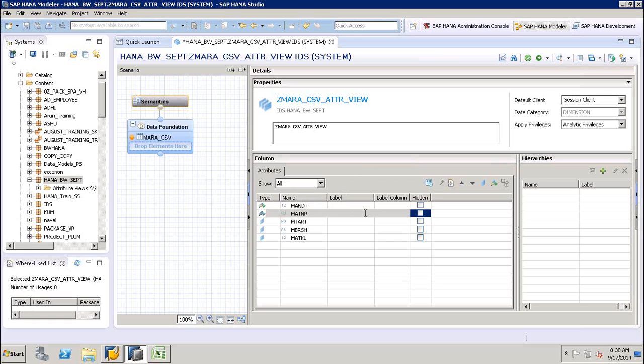Once you have defined this, you also have the option to go and define hierarchies, external hierarchies. We'll look at that at a later stage. But basically, once you define the data foundation, the second step is to define the semantic layer. Alright, so once you define that in here, you have the option to validate. Now let's see if we have missed out on any of the steps in here. You can go and select